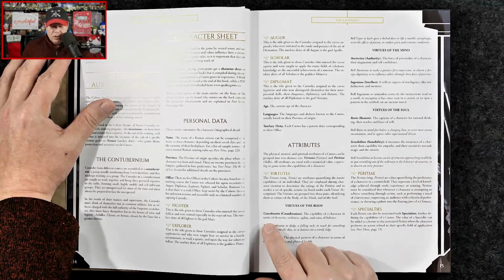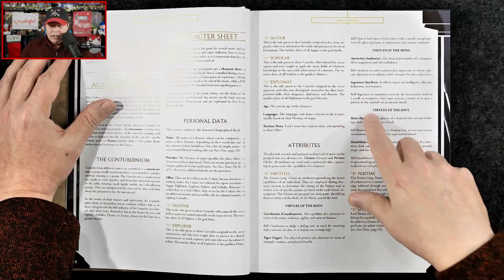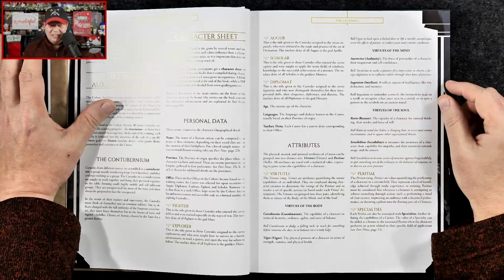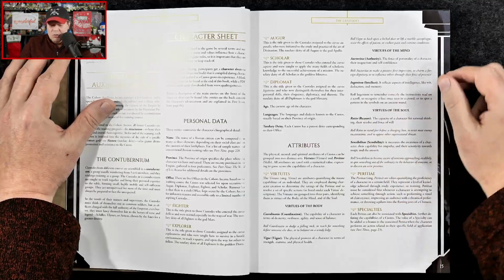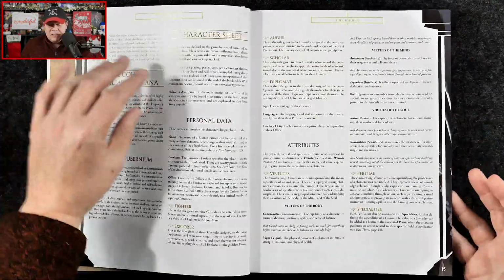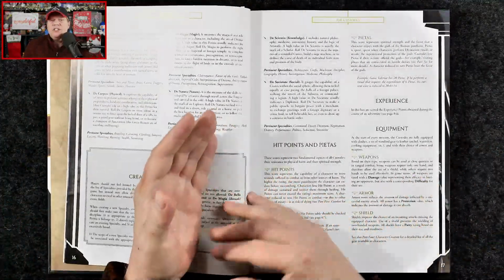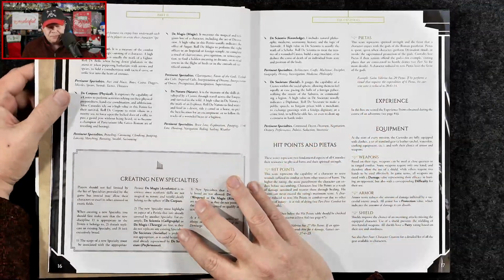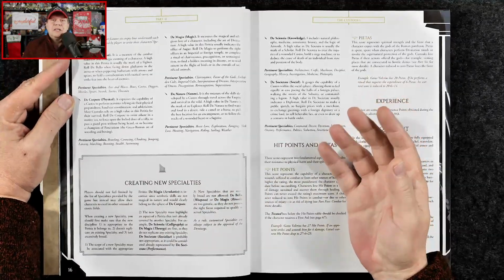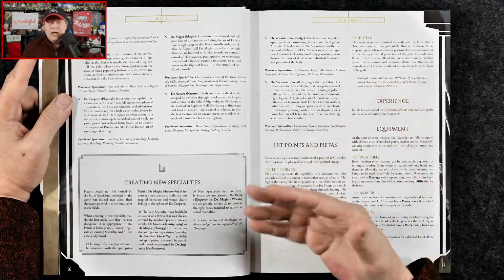But it's coordinatio, vigor is the same, auctoritas, ingenium, ratio, and sensibilitas. And the same thing applies for the proficiencies or the skills. Like combat is de bello, de magia, okay, magic,